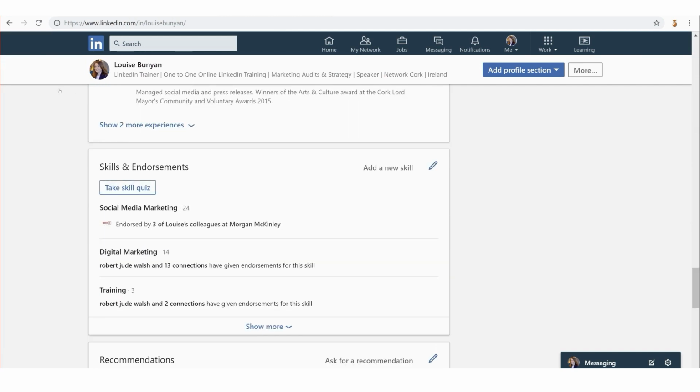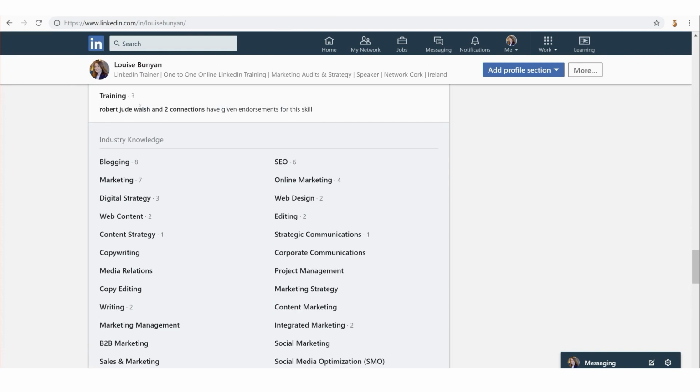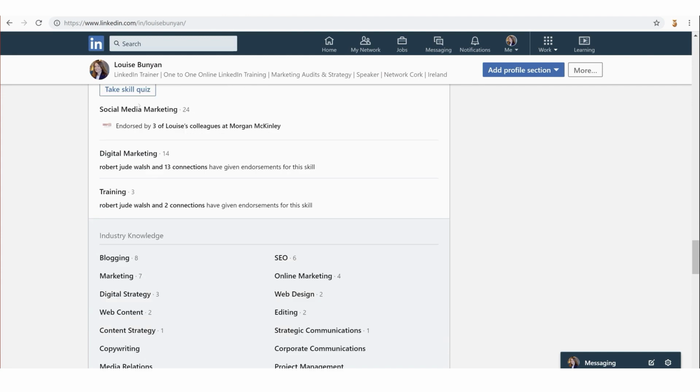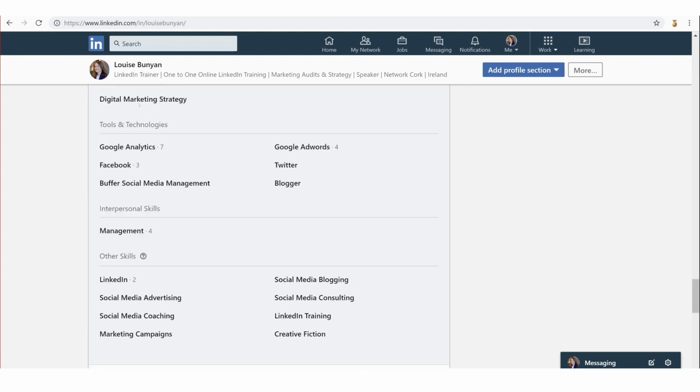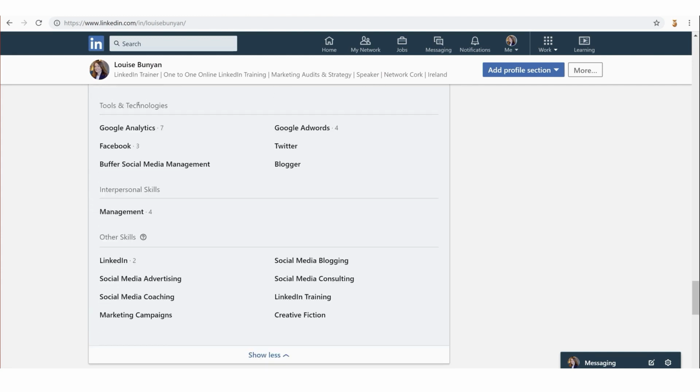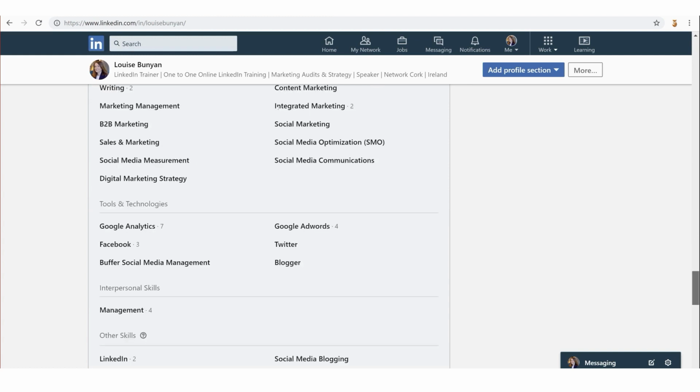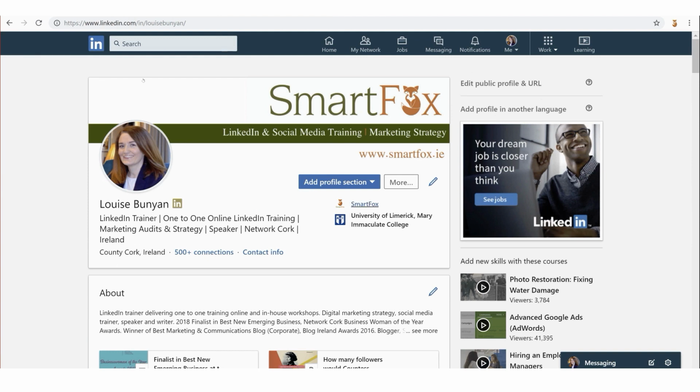So your skills now appear down here in this section. If we click show more, you're listing all your skills, and then you're hoping that other people will endorse you for those skills. So just a little shortcut.